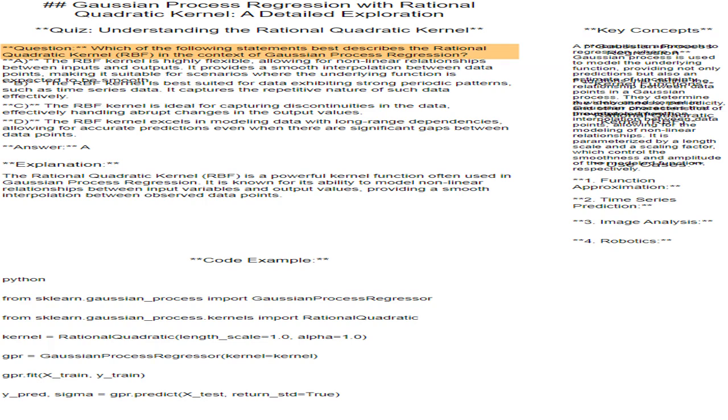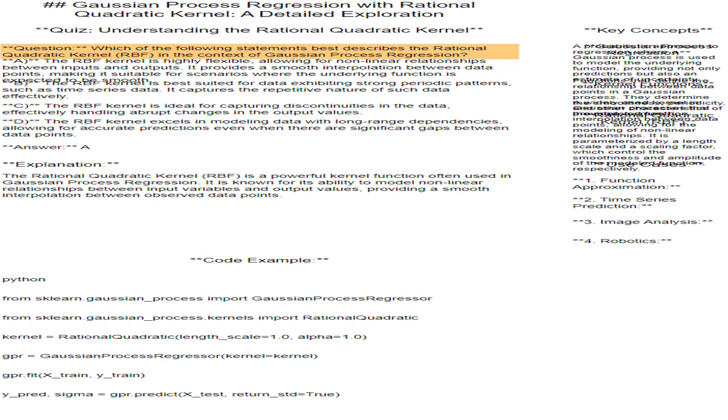The RBF kernel is best suited for data exhibiting strong periodic patterns, such as time series data. It captures the repetitive nature of such data effectively. The RBF kernel is ideal for capturing discontinuities in the data, effectively handling abrupt changes in the output values. The RBF kernel excels in modeling data with long-range dependencies, allowing for accurate predictions even when there are significant gaps